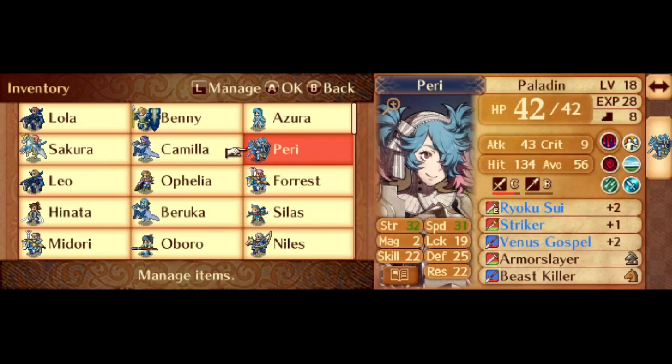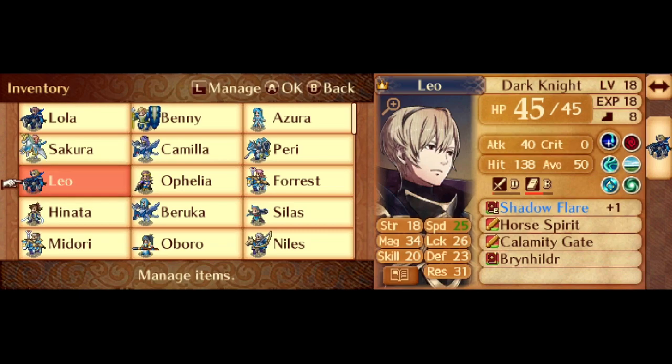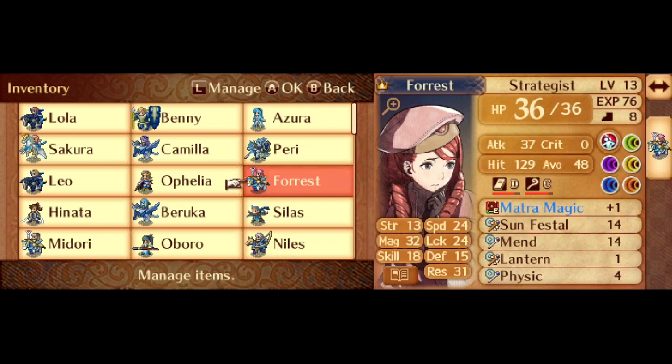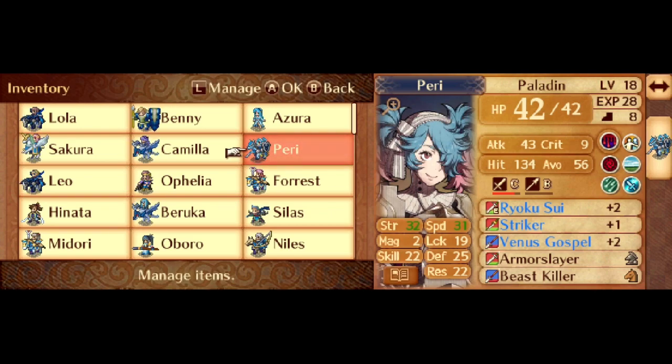And Paralogue fine, we're going to soon get her sword rank up. Leo, same old Leo obviously. Ophelia, same old Ophelia basically. Forest, again he's just running people. Of course, Hinata's going to be going on with Perry. And we're going to be seeing if we can,